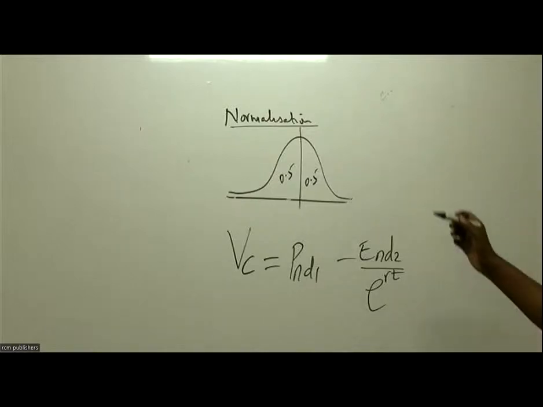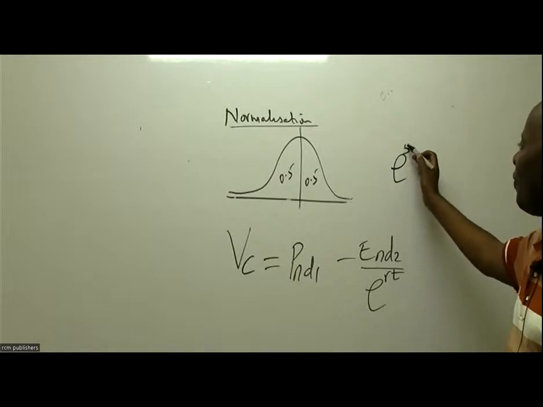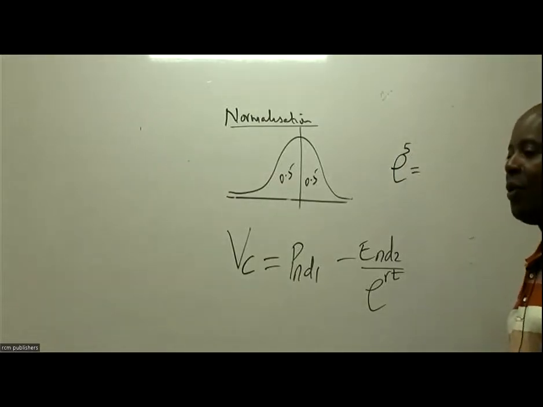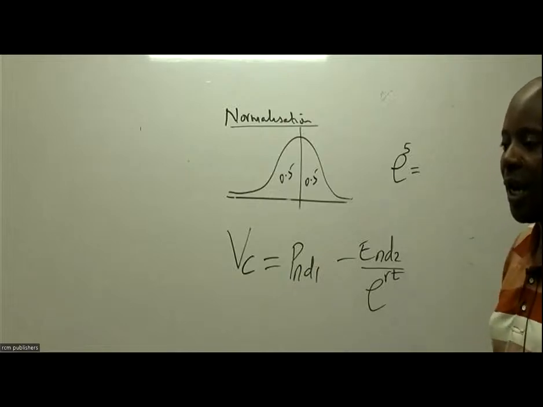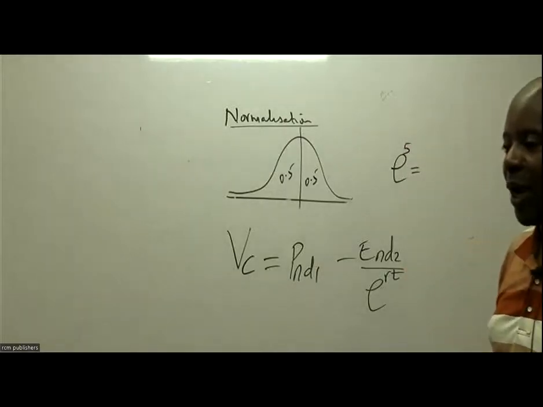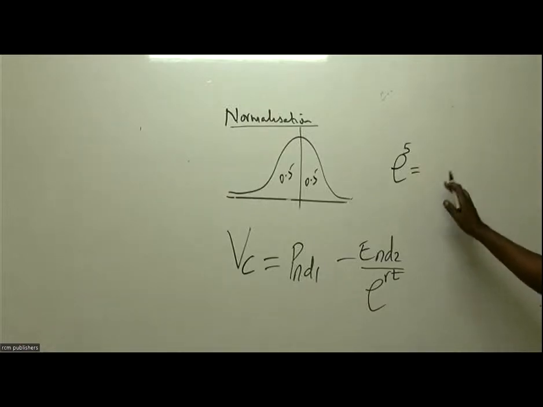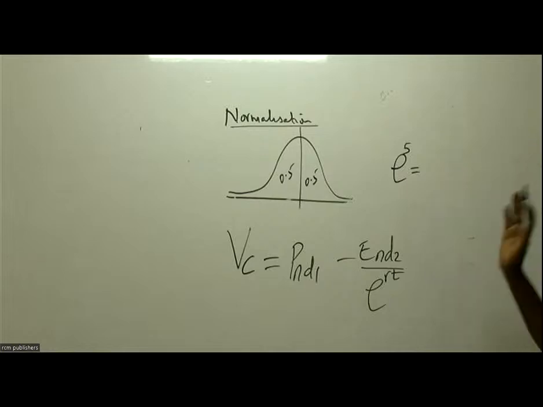So first I'll look for this E, and I would want to see whether there is any student who will be able to give me this value from your calculators. Are you able to see this E somewhere there? You'll be able to see it underneath the log, around where the logarithm is, where the on is.